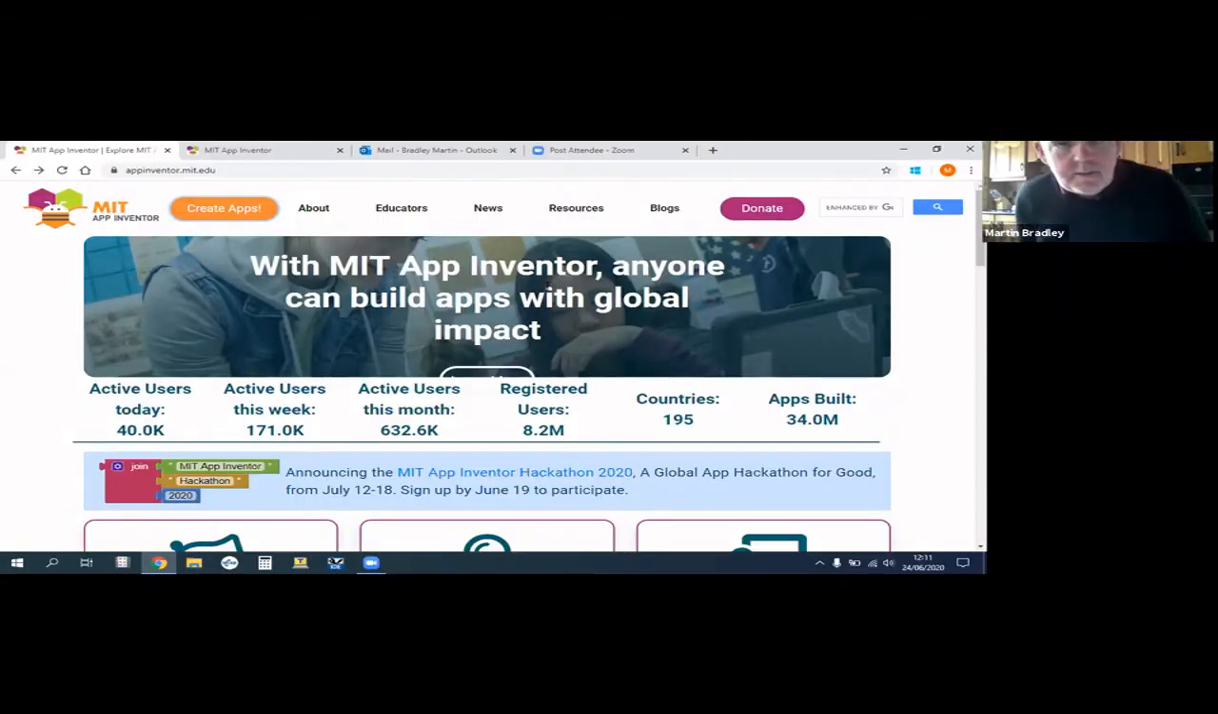This is the actual website for development of this app. So when you're doing this, you will be on a PC, either laptop or desktop, and you will go to this website. Actually, if you go to